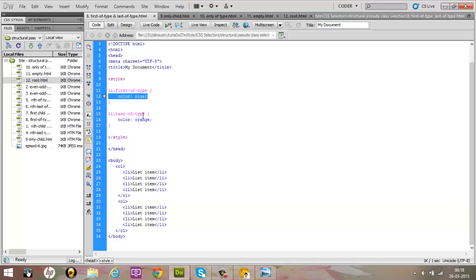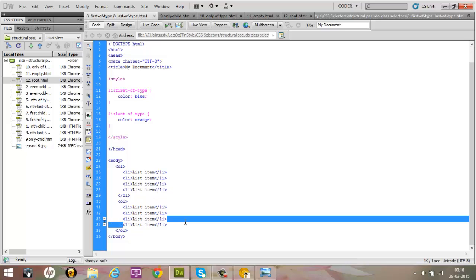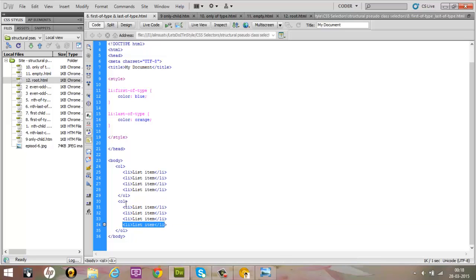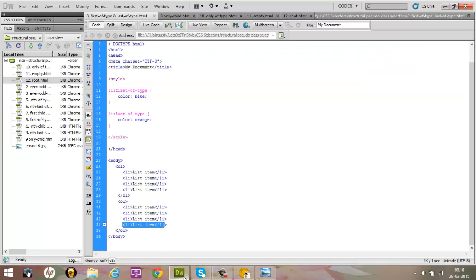Li last of type will target these last li elements here inside of these two ordered lists, so these will have color orange. And if you preview in browser, here is what you have, how these styles will be